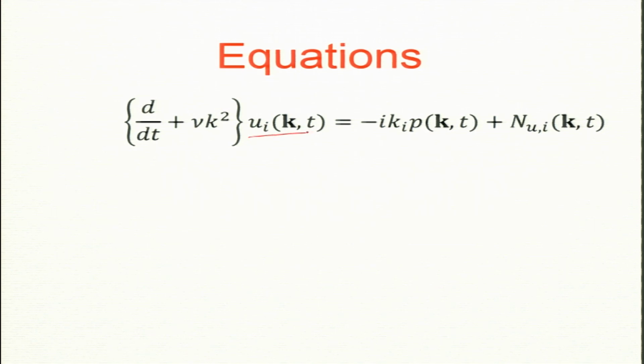This is my amplitude of Fourier mode k, Fourier wave number k. i means component in tensor notation, i is x, y, z. Now this is a viscous term, nu k squared. This is a pressure. So grad p becomes i k_i p, and this is a nonlinear term. I am not writing the expanded version, but I am writing it like this for a reason. We will compute the nonlinear term by some trick, which I will tell you a bit later. Okay, so everybody is happy with this, the same equation which I did before.